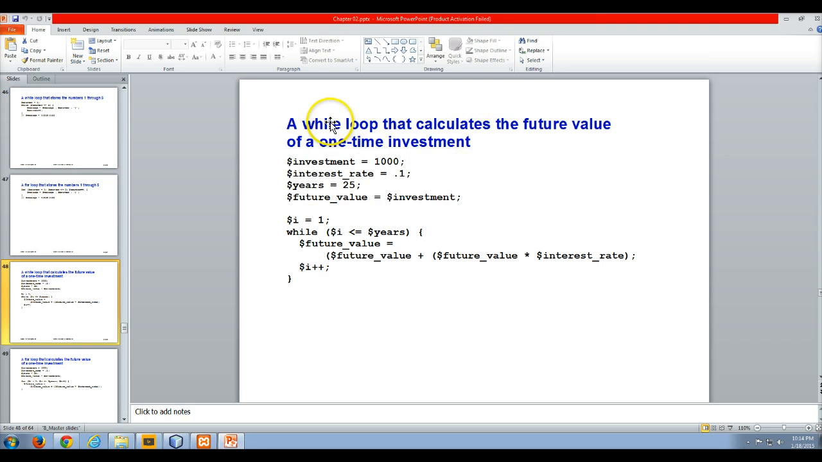Here's an example of a while loop that calculates the future value of a one-time investment. So here our investment is equal to 1,000. The interest rate is 10%, set up for 25 years, and then future value is going to be set equal to investment. So here we've got the 1,000 being put into 2 different variables. So we've got an incrementer,